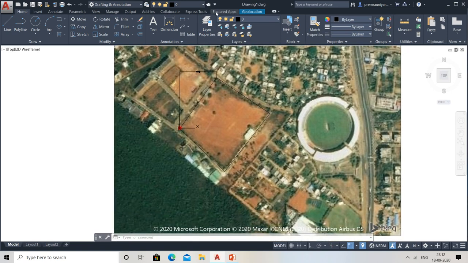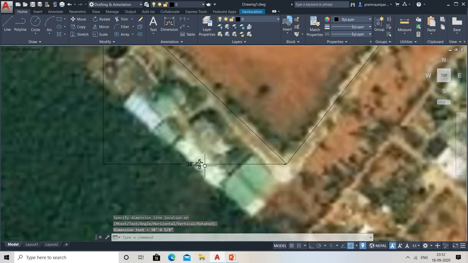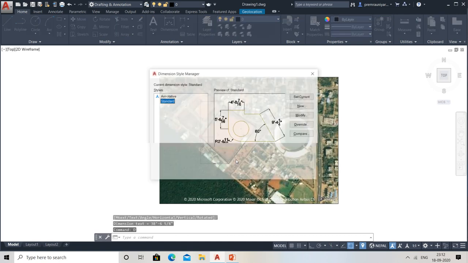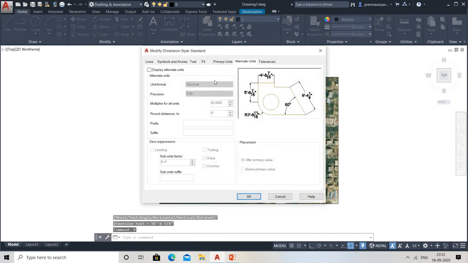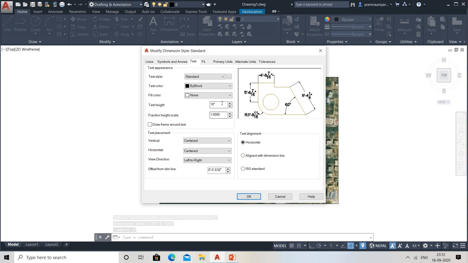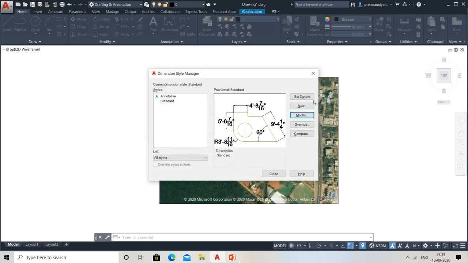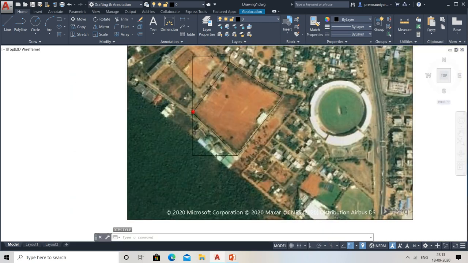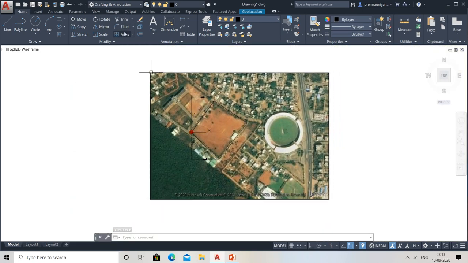In the same way I need to do it for all. So for repetition of the command, go for the space bar. This is how much you can see. So before that, go to increase your text, d, modify text. This 10 inch should be 15 inches. That will be good for us. Just go for ok, go for the set current. Now close it. Now you can see 38 feet.